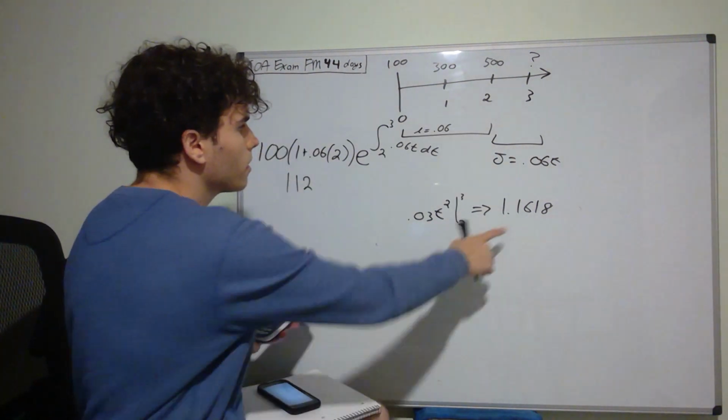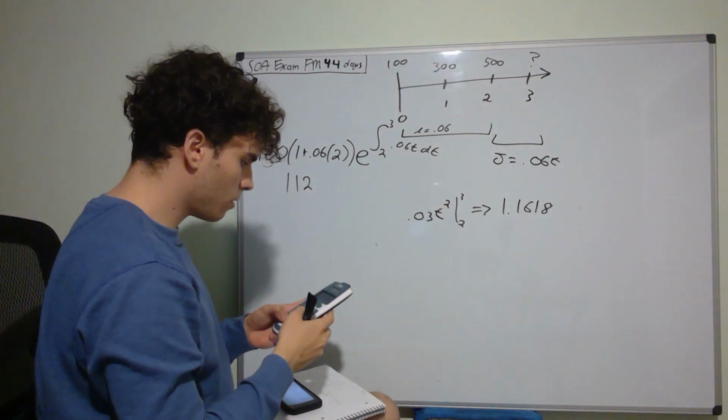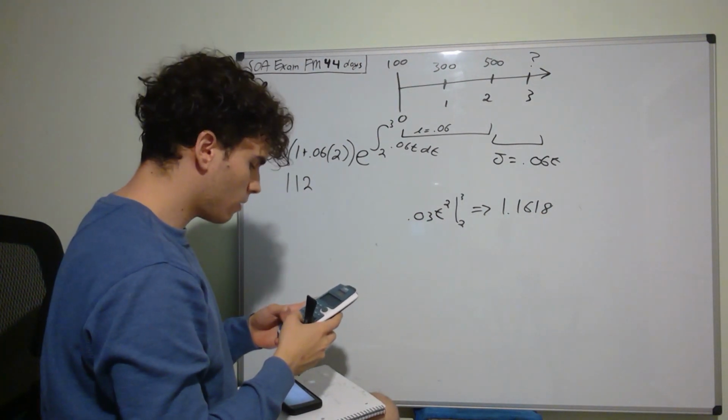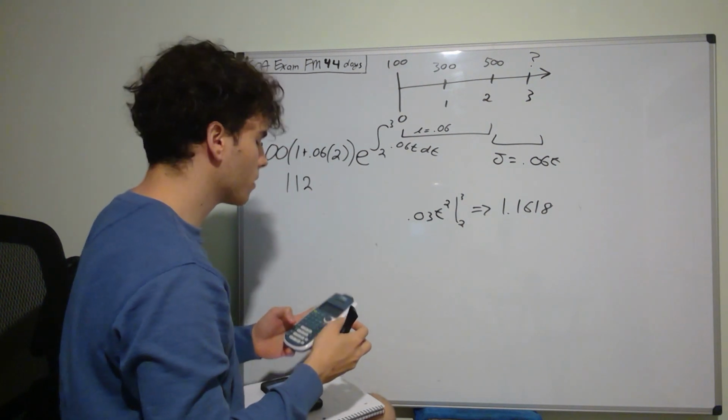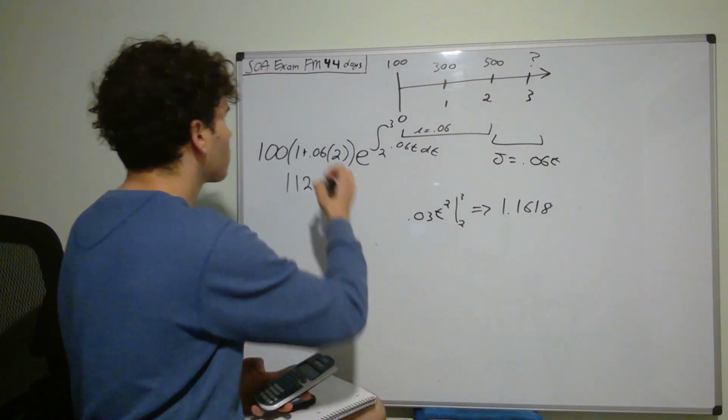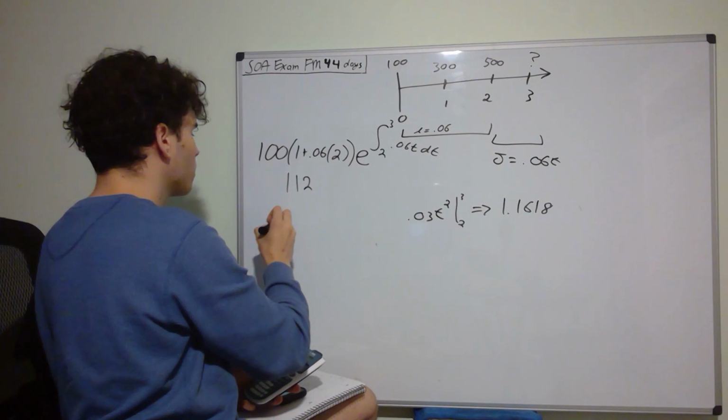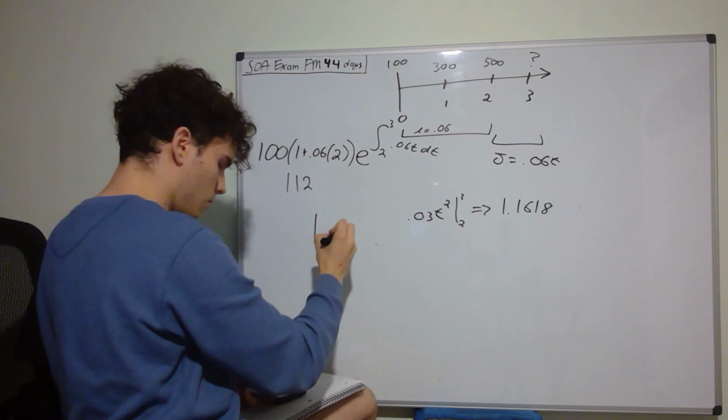Yeah, so I'm going to take our 112 times 1.1618, and that gets us to $130. So I'm going to write this right here. So 130